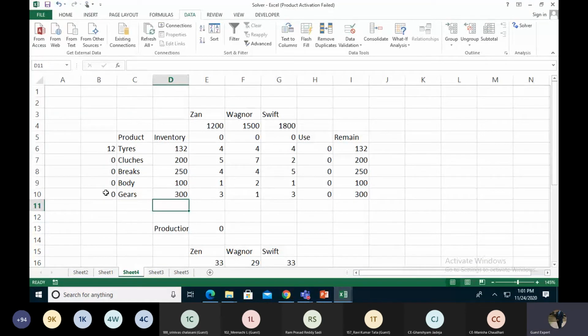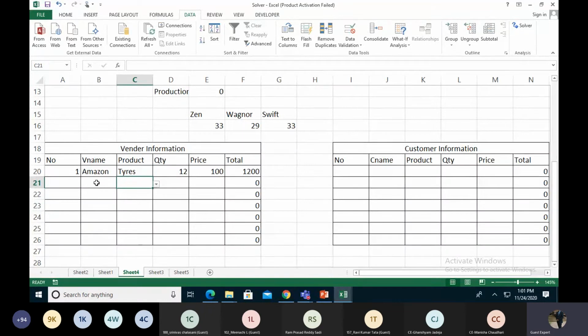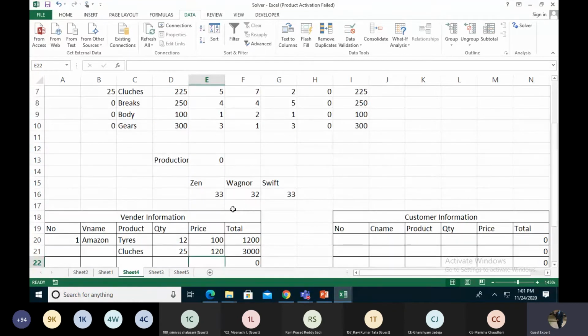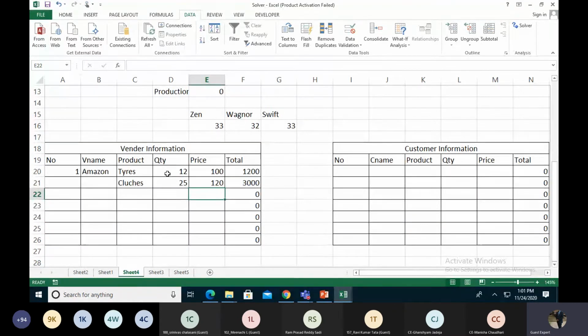Okay, so when we add tires, and then if I'm one of the vendors and we add 25 clutches, each 120, they show me that my Wagoner we are making 32, Zen 33, Swift Desire is 33.